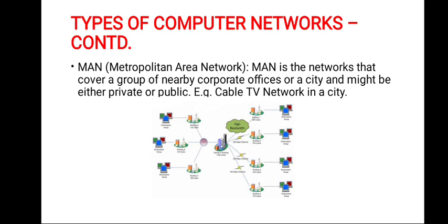So this is how we connect different LANs. All these buildings have their own LANs, local area networks, and all these local area networks are connected together. And this whole scenario which you are able to see here is your metropolitan area network. So it's not difficult to understand that a metropolitan area network is a bigger network than a LAN.